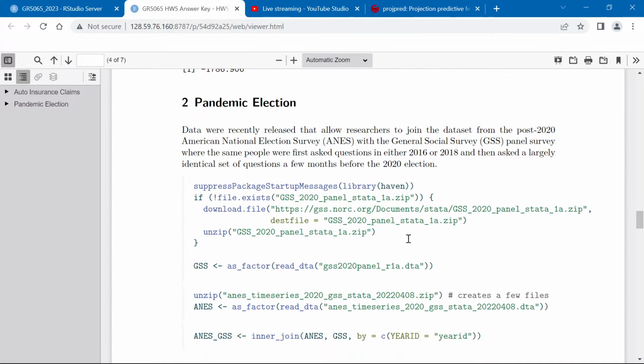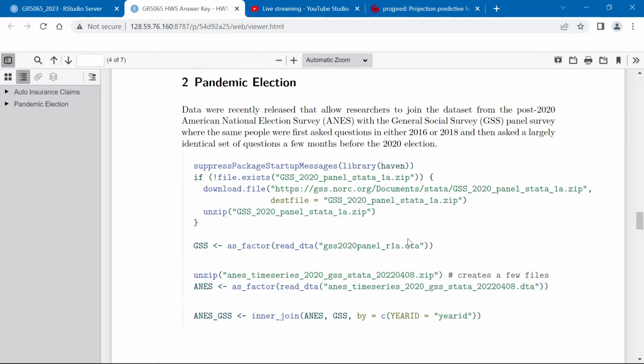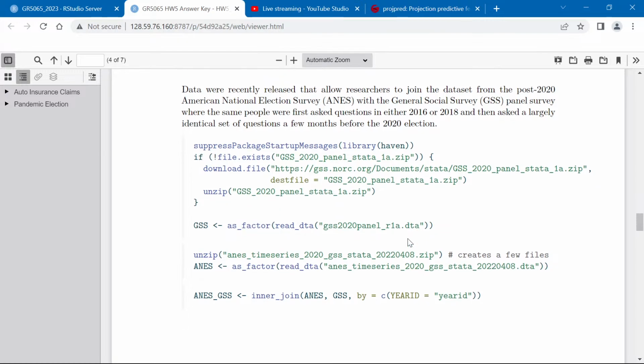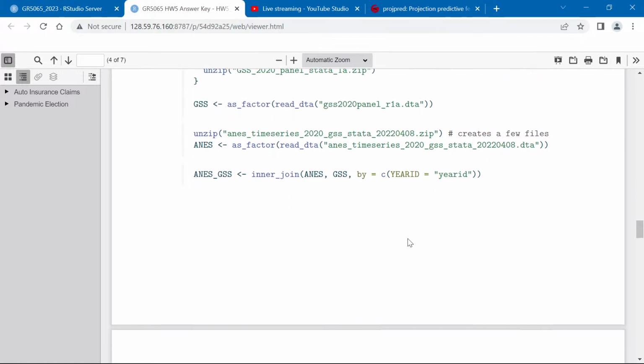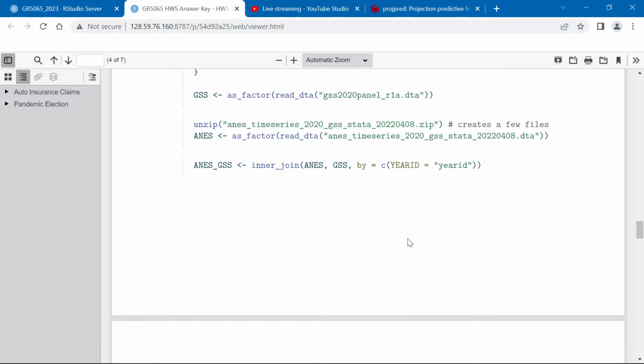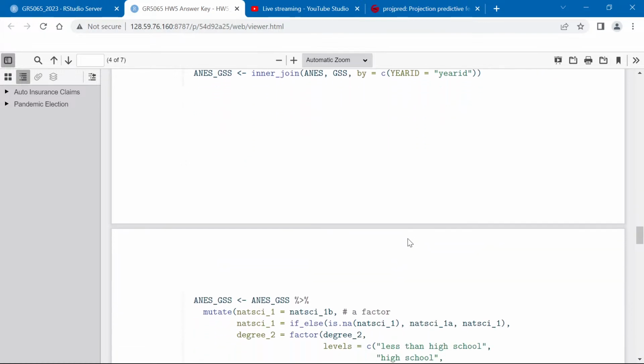Some more? Okay, and then the General Social Survey, which a lot of people in the QMSS should be familiar with from some of your other classes. For this last presidential election, you could link it together with the American National Election Survey, which we've also talked about before. It happens every 4 years, and so the same people were asked questions at multiple points in time, and then they were also asked questions about